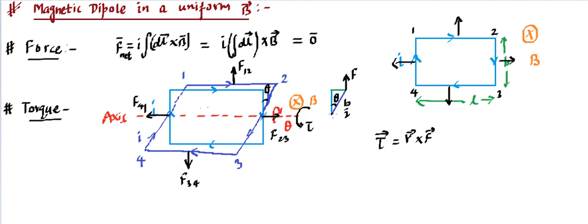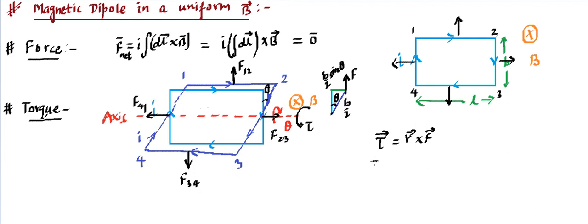So what we need to do is find the perpendicular distance. Can we measure that perpendicular distance? Can you see, from this axis, you need to extend it, and you need to find this as a perpendicular distance. And can we say this perpendicular distance is exactly the same as this length, which I have shown with this green color? So if this is b by 2, the perpendicular distance between the force and the axis is going to be b by 2 sine theta. Now if you have understood this small figure, then life is going to be quite easy.